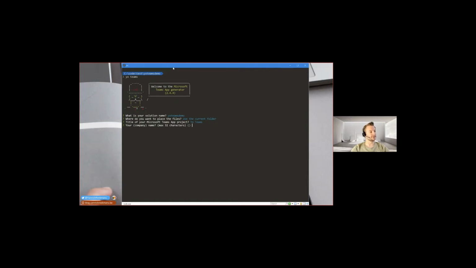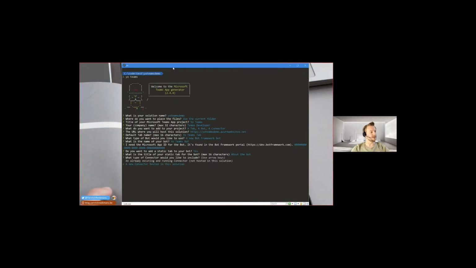You have to enter your company name and some surrounding information. And then it asks you which features you want to add to your project. So a tab, a bot, an incoming webhook, things like that. You have to provide information for your Teams tab and your bot. You have to register your bot in the Bot Framework, provide the ID, and then it just runs through this set of questions.